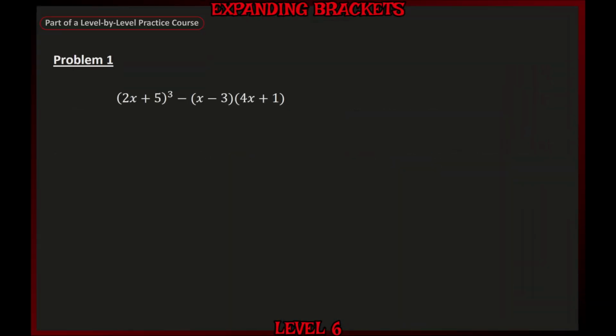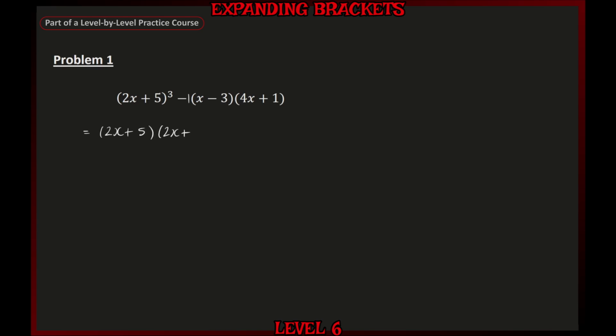In problem 1, we're expanding (2x + 5)^3 - (x - 3)(4x + 1). Now looking at the minus in the middle of the first and second brackets, this is actually a minus 1. And it's important to include this here from the start so that we know that those brackets are being multiplied by minus 1. Now looking at the first bracket, we can rewrite this as 2x plus 5 multiplied by itself